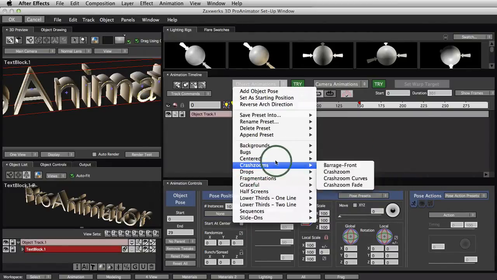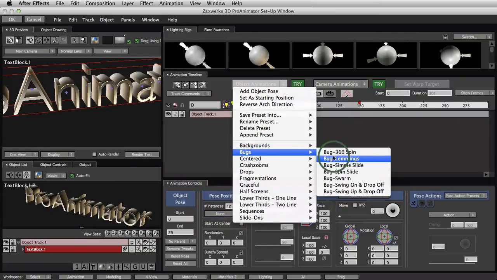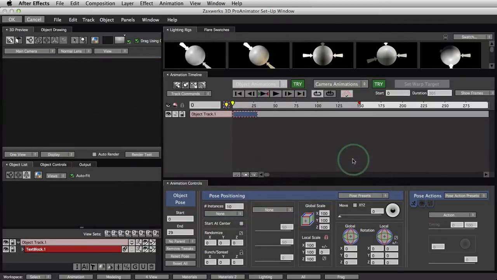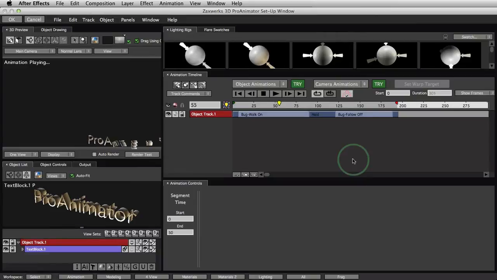So you can choose any of these. Like for instance, let's choose this bug that's called Lemmings. And when you choose this, it sets the camera up and then creates the animation for you where these little guys walk on the screen and then fly off. So it's a little bug like you would see on television down in the lower right corner. And this is the animation that's used to set it up.